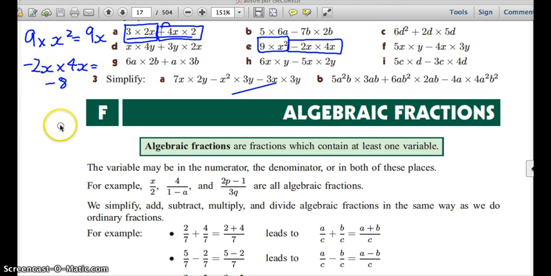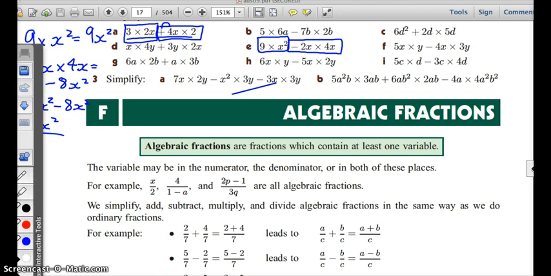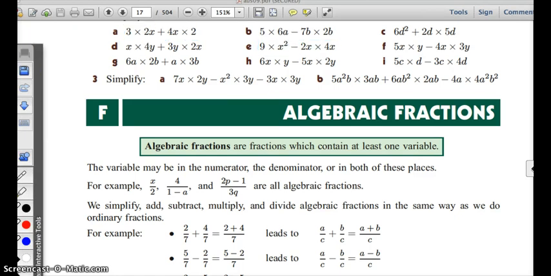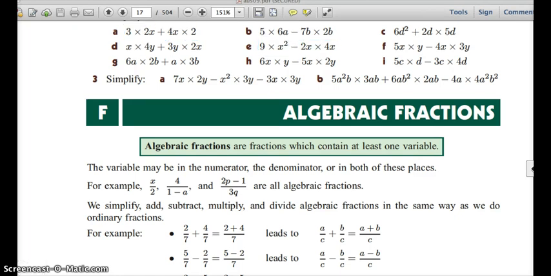x times x. x squared. Good. Excellent. Well done. So what you've got is 9x squared, take 8x squared. And is that as simple as it can get? What could you do? x squared. Good. 9 take 8 is 1. We don't put the 1, so we just put x squared. Cool. So keep following the same process, even though the questions get harder. Don't chuck out your process. Just try and apply